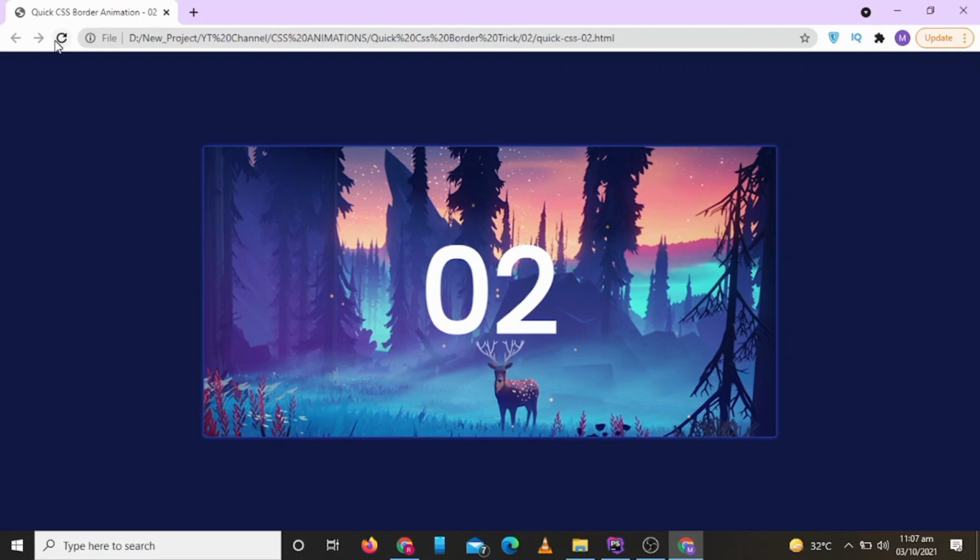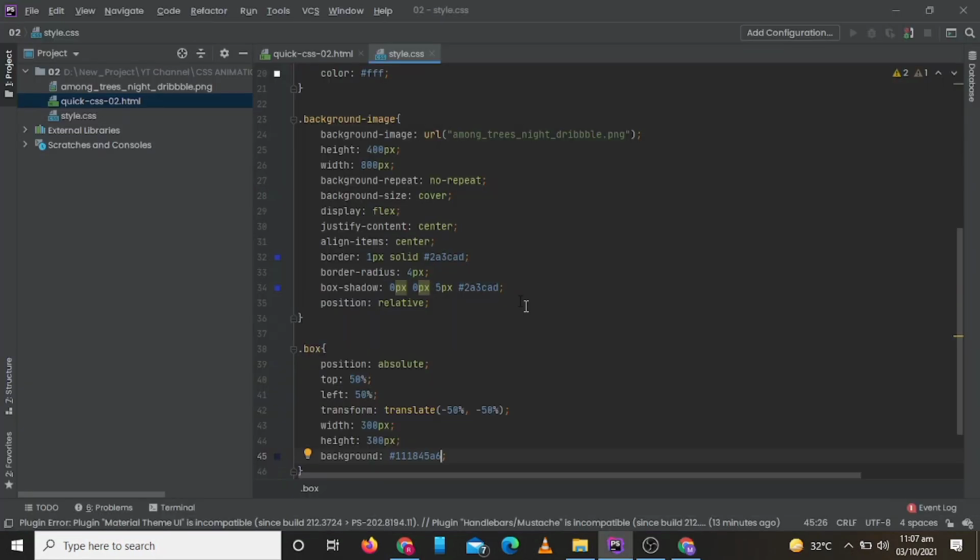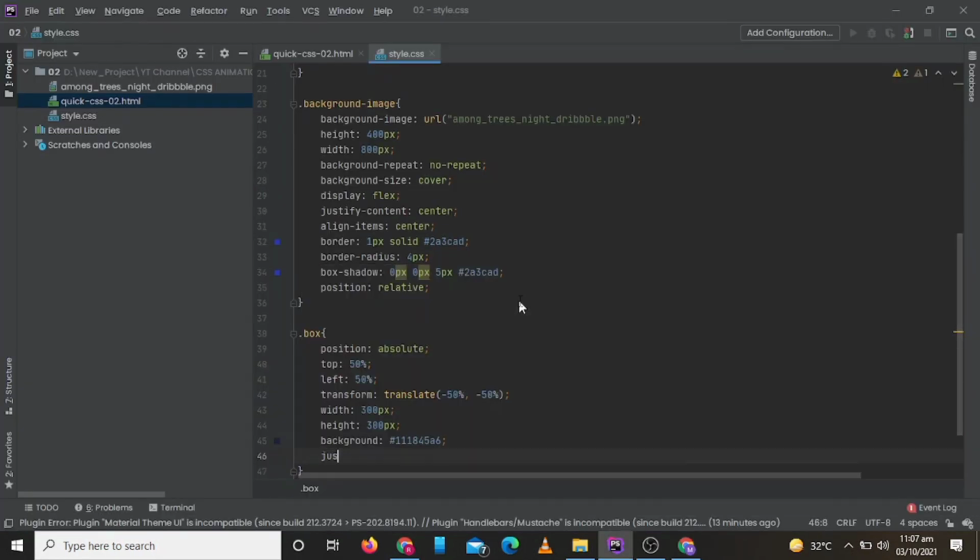So let's check now. So it's not center again, so let's make it center again.